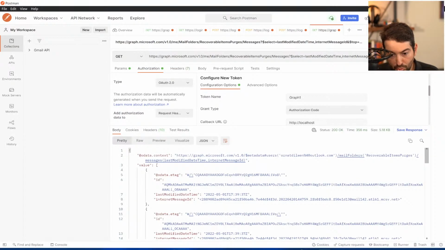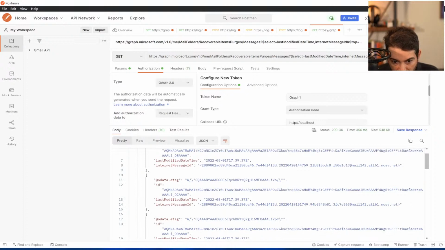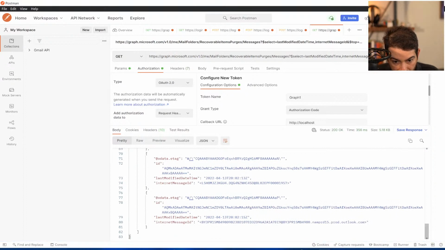The thing to note is that if you examine how Graph API is dating things, you'll find that the last modification times in the deletions and purges folders track the deletion actions by the end user. So you can usually date those deletions by looking at the last modification times of these items, and that's what I'm selecting here. If you look at the last modification times, we're looking for the earliest one, and you are going to find, let's see here,